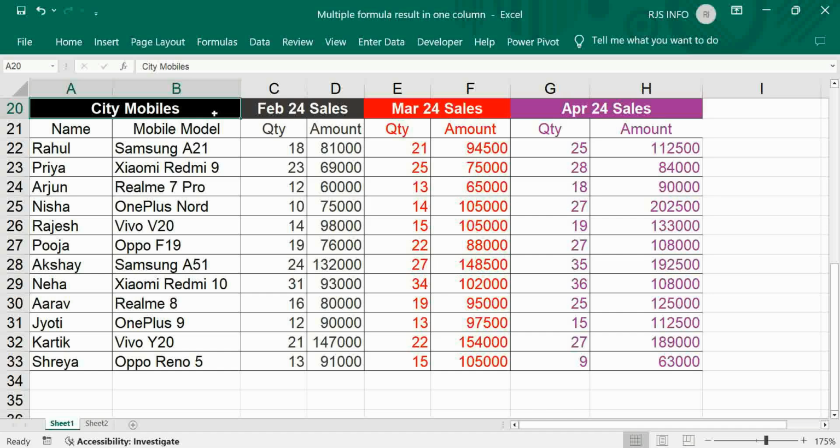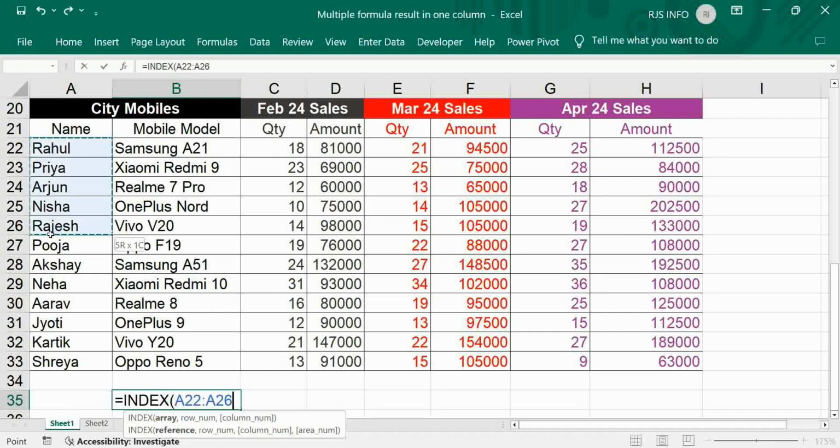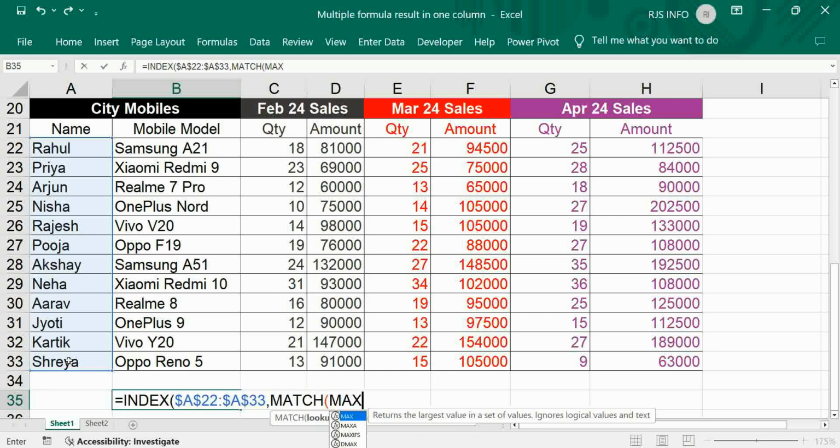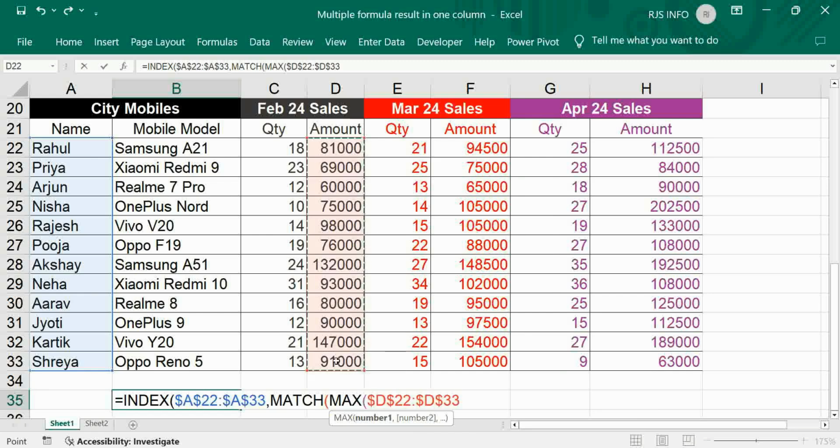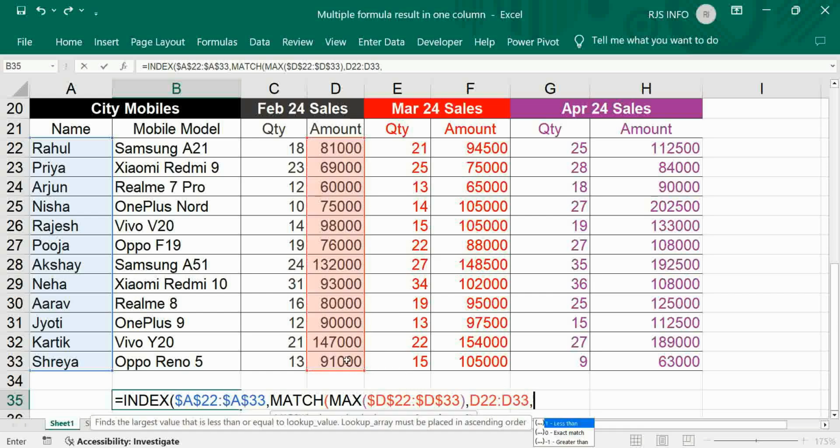This is another example. We want to know February best salesman based on sales amount. Index, salesperson, then we want to know maximum sales, maximum on amount. Freeze it, comma, you should search from amount only, comma, 0 for exact match, bracket close,